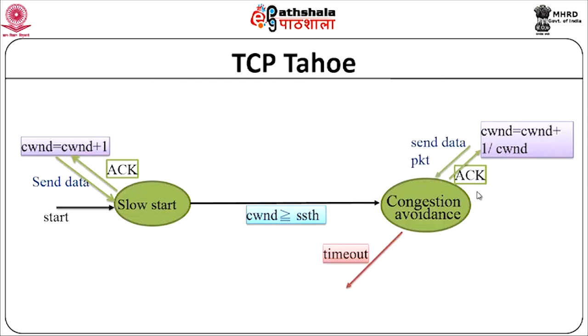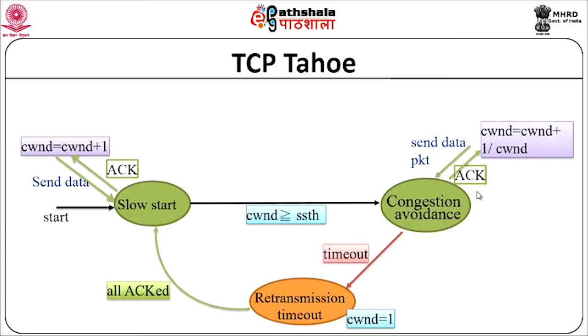Now, in this process, if a timeout occurs, then you go into a retransmission timeout phase. In the retransmission timeout state, what you would actually do is set the congestion window to 1 and retransmit the packet. Once you have got the acknowledgement for whatever you have retransmitted, then you again go back to slow start, right, and the process will continue. So, in slow start again you will start with the congestion window of 1, keep doubling until you hit the threshold and then you move on, right.